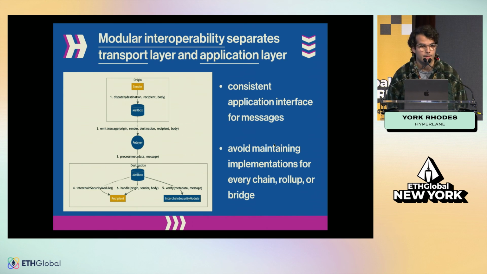So basically in Hyperlane, the message recipient can specify their own security. We call these interchain security modules. We have a bunch of off-the-shelf options, some of which wrap the native bridges of the rollups that I was describing earlier. So we have this for all of the major rollup transport layers.